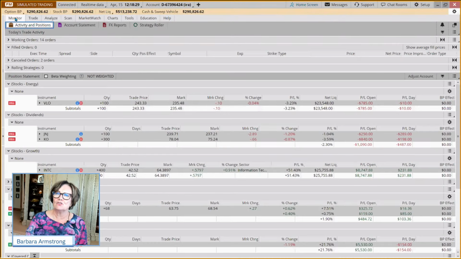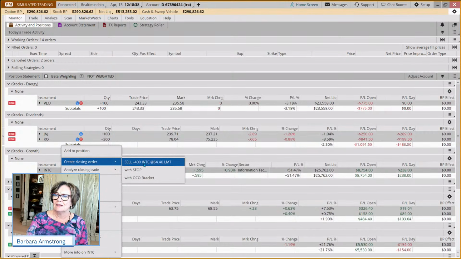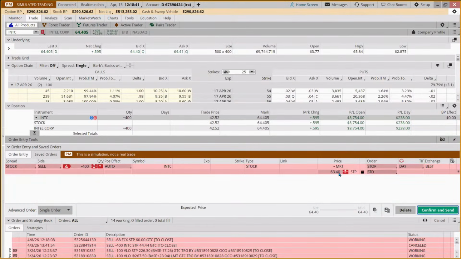And so we're going to come to our monitor tab, and then we can just right click on this position and say, create a closing order with a stop. So this is going to be a stop loss order. Now, the default, by the way, will also be $1 lower than where it's currently trading. That's what the system does.